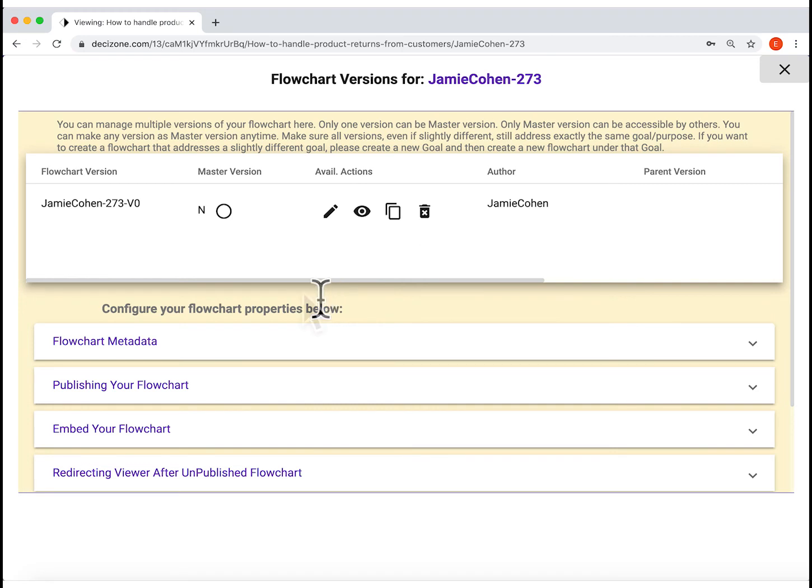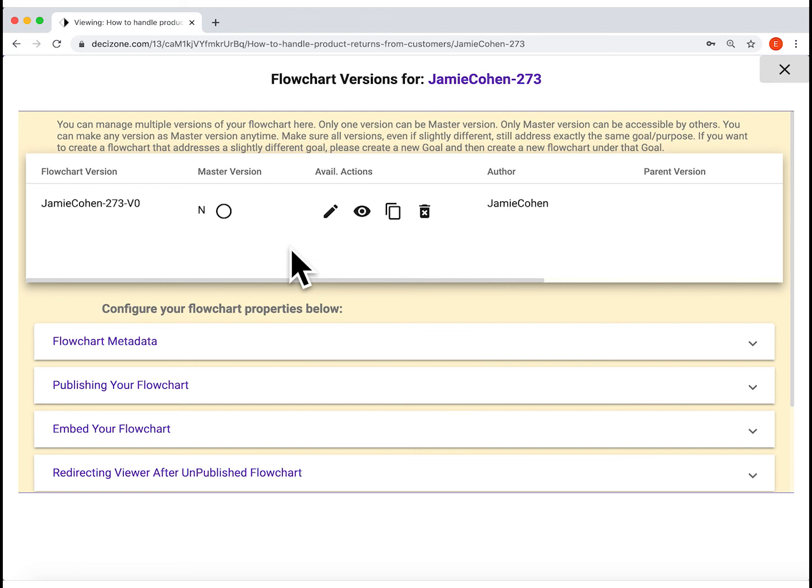In Decision, there are three states of a flowchart: private, public, and published. It's important to understand the distinction very clearly. By default, any flowchart you create is private, and only the users like the author who have the edit privileges for this flowchart can access and edit it. It's okay to keep your flowchart private while you are still working on making changes, because you may not want others to see it before it's ready.